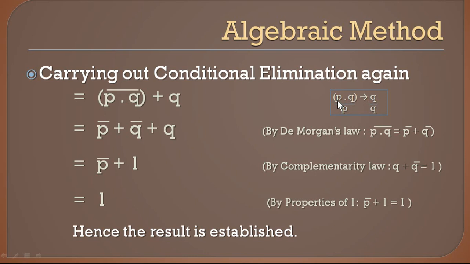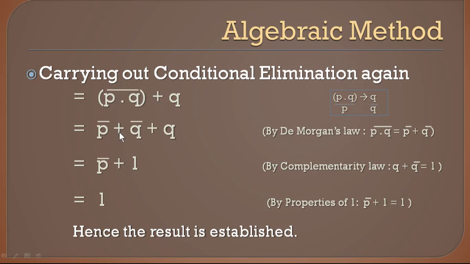So what you can do is, you can see this right hand side part, carrying out the conditional elimination again. That means you have P dot Q within parenthesis and implies Q. So you can combine this, and then you can substitute it as P. So the whole term will become P implies Q. Now if you write the conditional elimination for this, it will be P dash plus Q. So it is nothing but P dot Q the whole dash plus Q. That's how you got this term, right? So that P dot Q will be considered as P. So it becomes P dash plus Q.